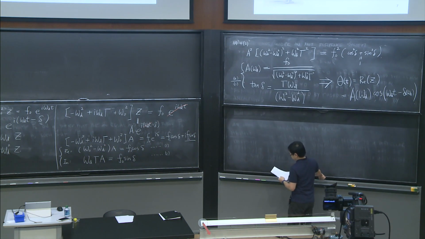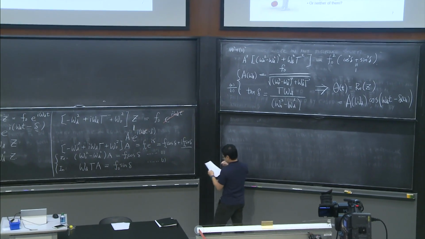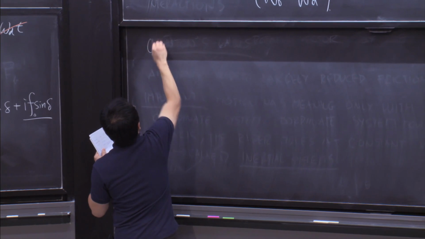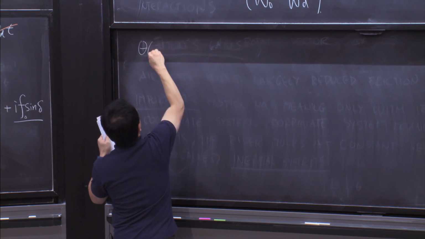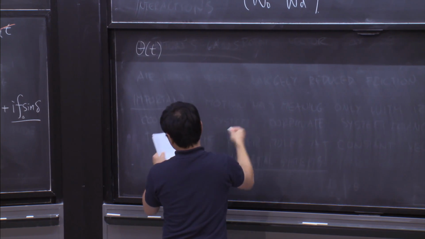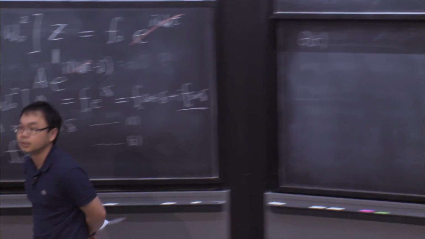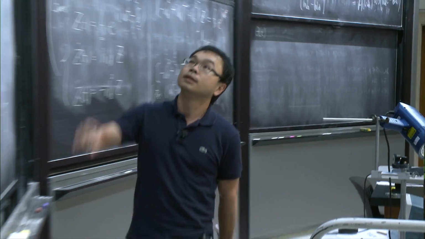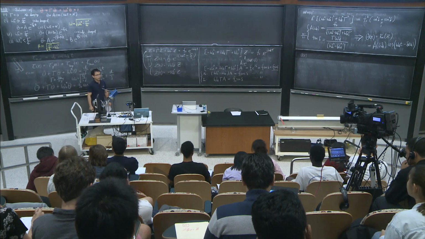The full solution should be, as you said, a combination of the homogeneous solution and the particular solution which we got here. So if I prepare the system in, for example, an underdamped situation,